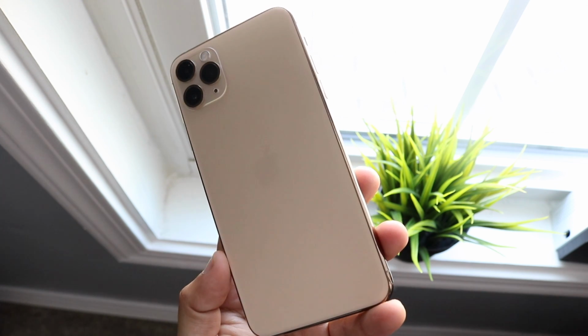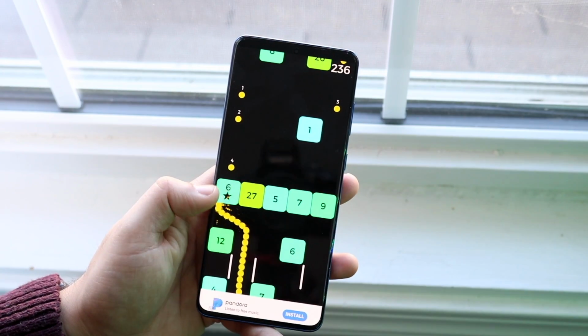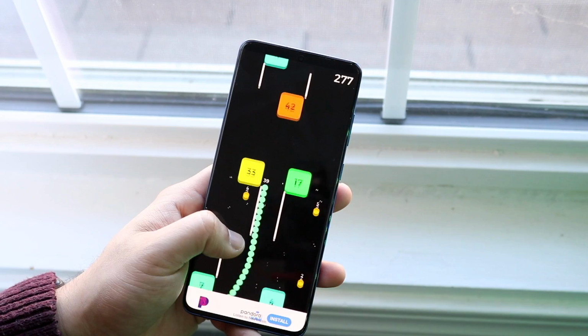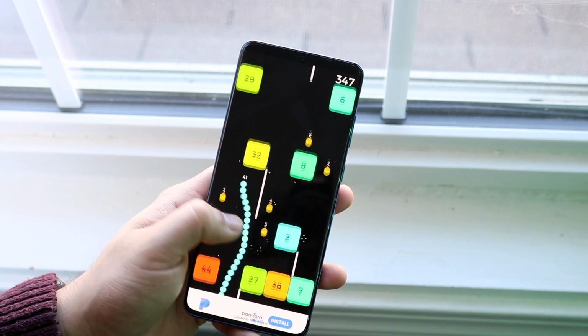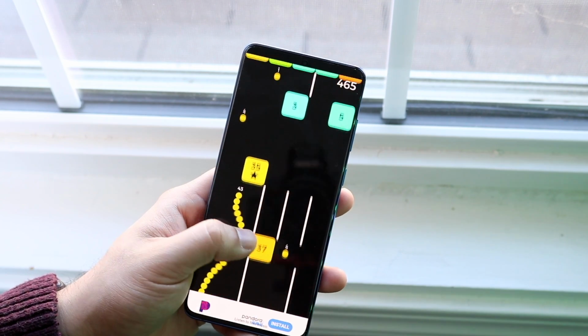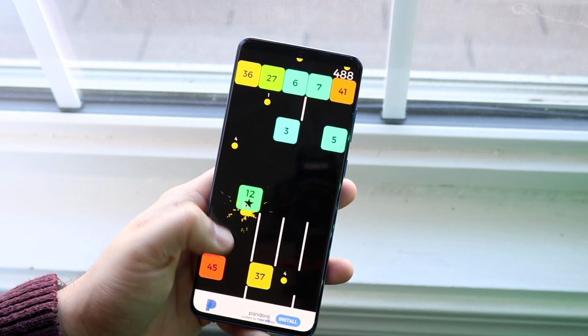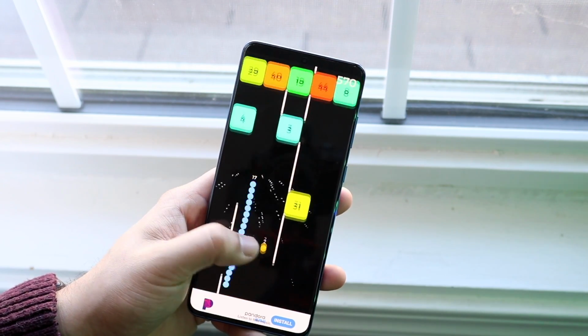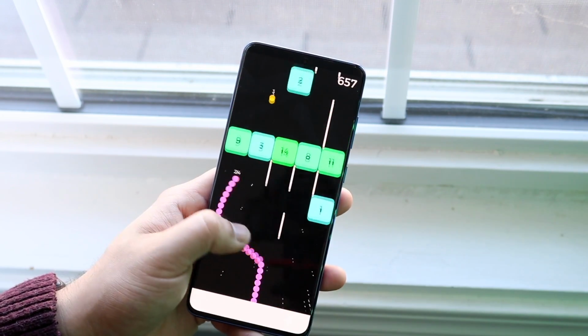Now, hitting on the software, the Samsung Galaxy S20 Plus came out with One UI 2 on Android 10, and even though we have the first public beta of Android 11, this thing is still on Android 10, which is okay. All phones right now are pretty much on Android 10, so it's not a big deal. This phone's probably going to be getting 2 extra years of support, so it's going to be getting One UI 3 and then One UI 4, and it's probably going to stop there based off Samsung's previous behavior,